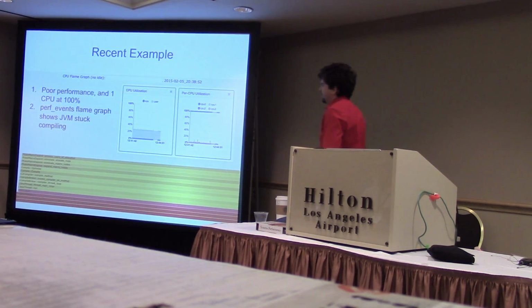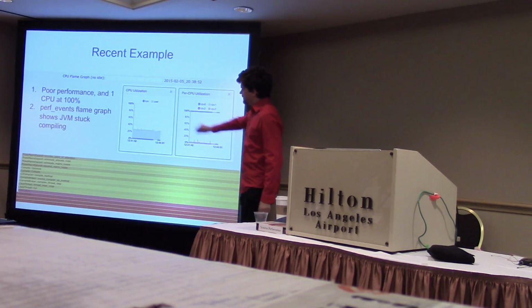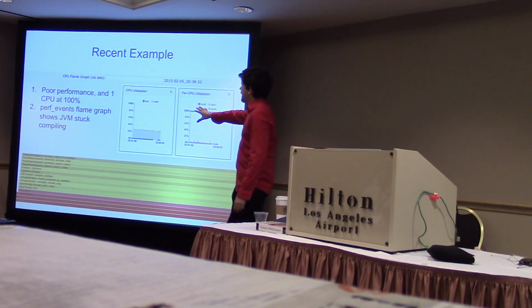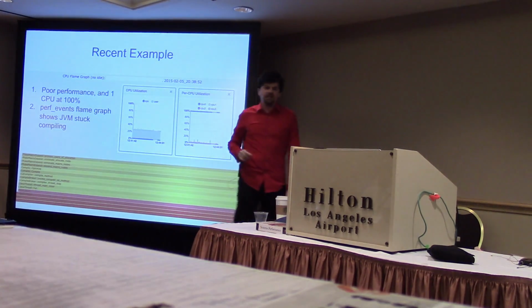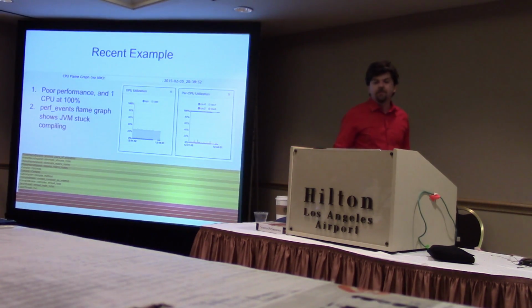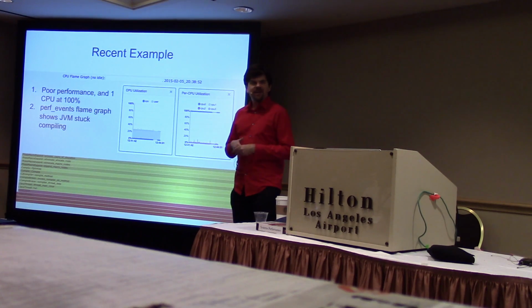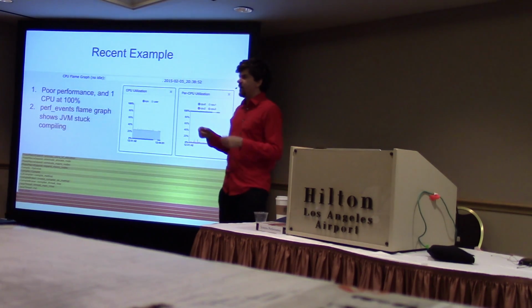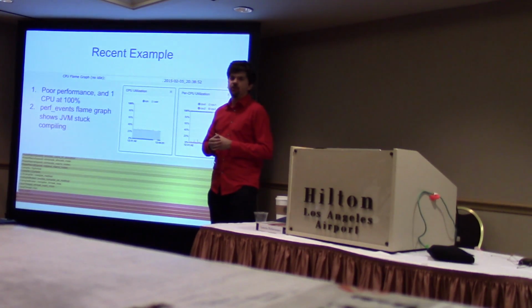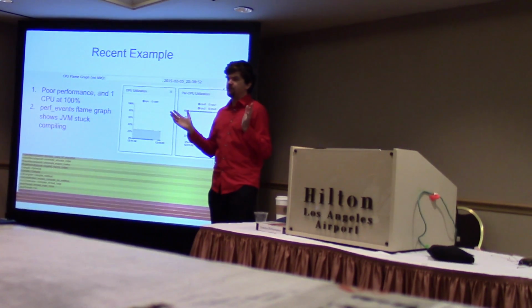As a recent example at Netflix, and the font size of the flame graph is a bit small, but we had CPU utilization on a Java instance at 100%, so it was eating one CPU, and the performance for that instance was terrible, so we were asked to take a look. The Java profilers couldn't really explain it, so this was a mystery instance, and we had these cropping up within one of the service teams at Netflix. Every so often Java would just flatline at 100% CPU, no explanation. Java profilers couldn't explain it.